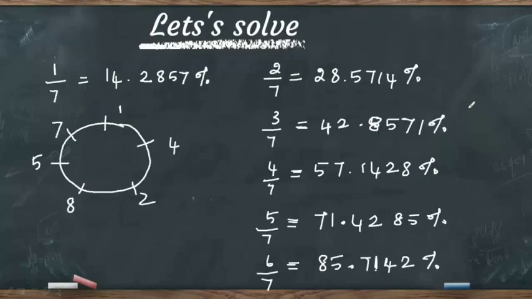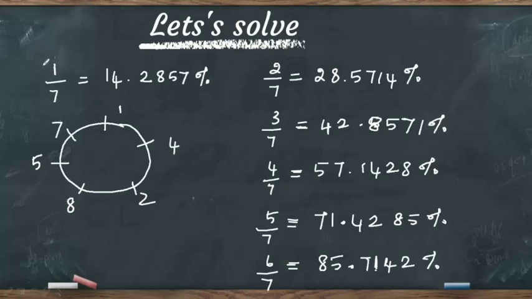So 7 is a special number because let's take the percentage representation of 1 by 7, which is nothing but 14.2857%. Well, the reason why I've taken this individually is because using these 6 digits 1, 4, 2, 8, 5, 7, we can calculate 2 by 7's percentage, 3 by 7's percentage, 4 by 7, 5 by 7 and 6 by 7. How? It's quite simple. Just take these 6 digits and put them in a circle in the same order given here. 1, 4, 2, 8, 5, 7.